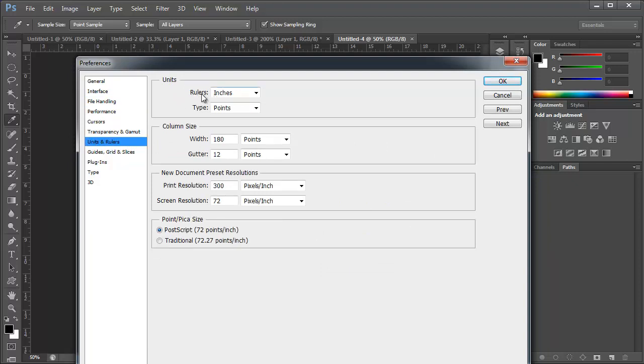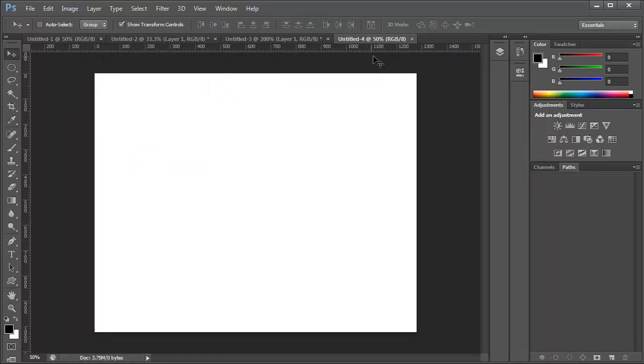And where it says Rulers right here, I'm going to change it to Pixels, and then I can hit OK. So now I can see the actual pixels up here, the numbers that go along the top and the bottom. The other thing that you can do also to help you build things and do things is to put in